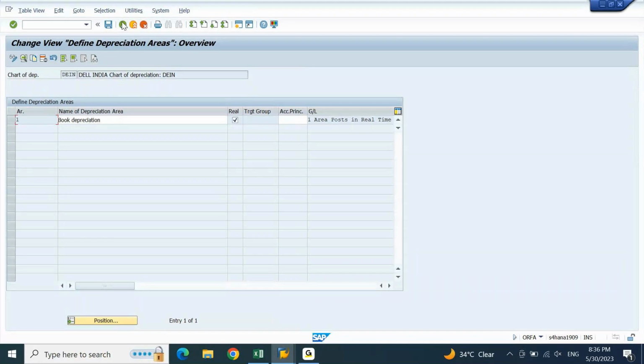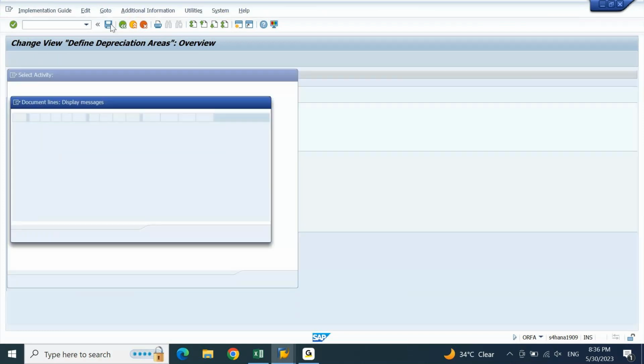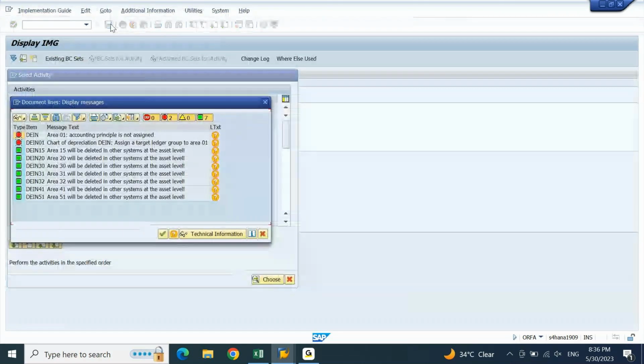Now I'm able to see this screen. It is telling that the accounting principle is not defined. When you're trying to save, just look at this error message. I'll copy this, I'll put this here.